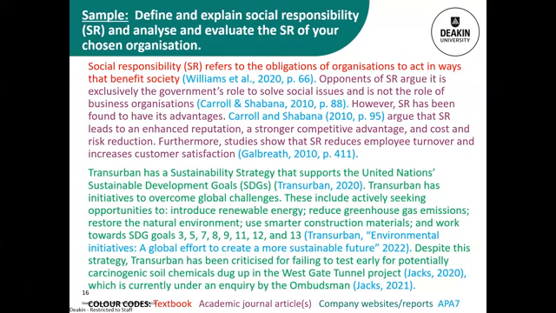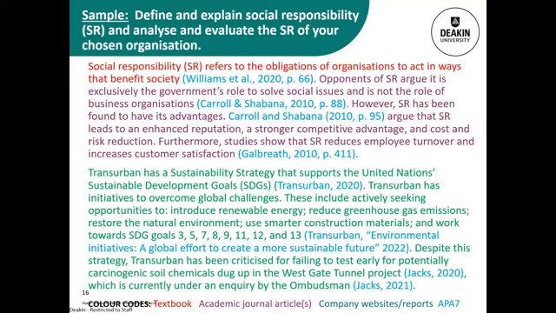Then in the green, the first paragraph is talking about those concepts in general as they apply to organisations. The second paragraph in green is focusing on the specific organisation, in this case Transurban, but with a slightly different focus on what you're required to discuss. This is looking at the company and using the information from the company website to support that discussion. And you can see in blue there, they're the in-text citations that reference those sources in APA 7.